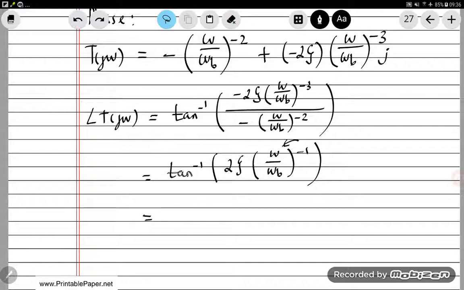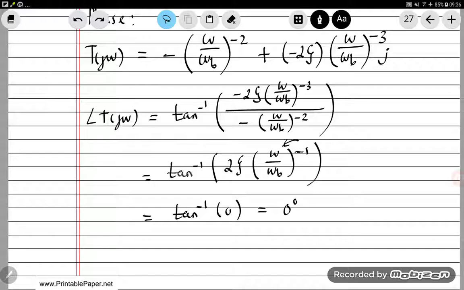Sorry, I had to, this is to the power of -1. Alright, so apologies for that. Okay, so as omega gets larger and larger, or larger than omega b, this term becomes so large, and that means we're left with a tan of -omega1 of 0. And that means that's equal to 0 degrees,